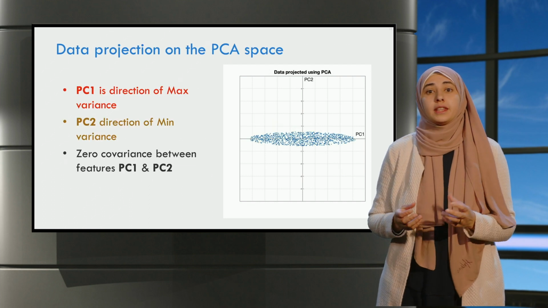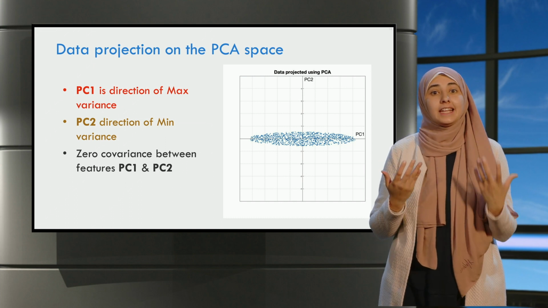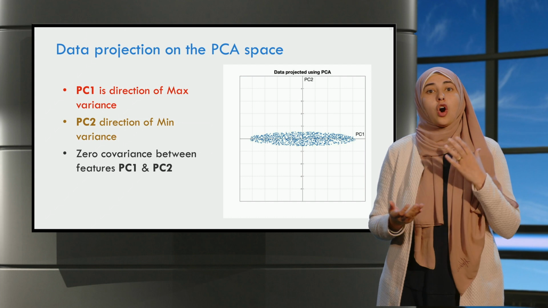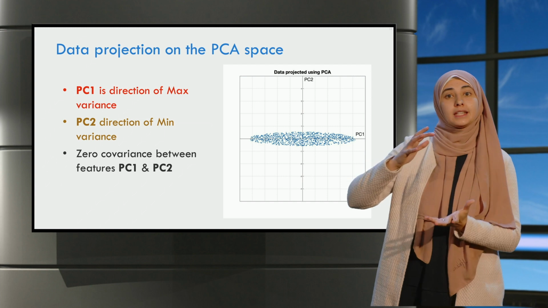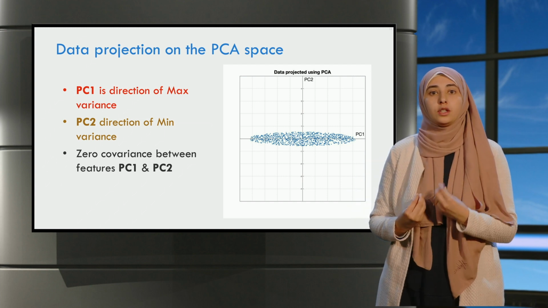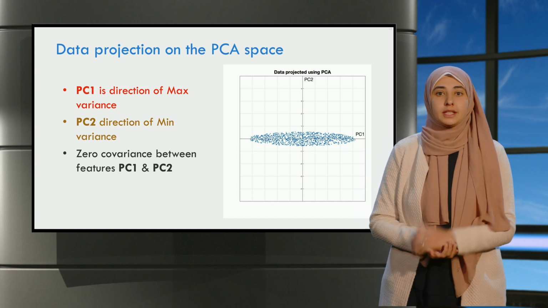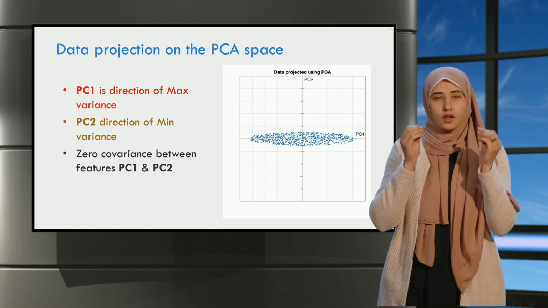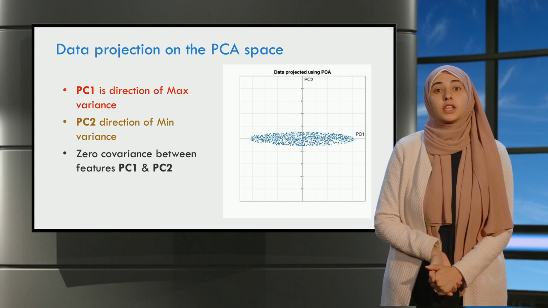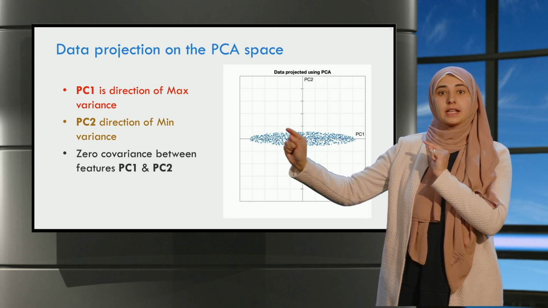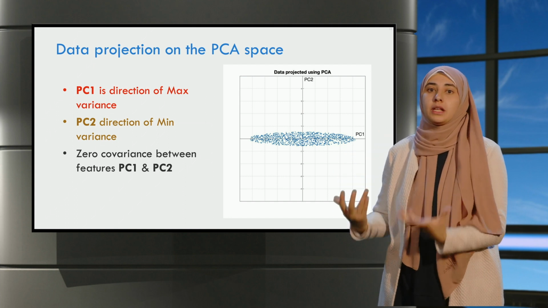If we now plot the data points after projection on the PCA space, we can see clearly that the data is still of the same shape and structure. All data points are just rotated such that the principal components are now the new features of the data. And that is what PCA is seeking in the description step. It finds a better perspective to look at the data while keeping the structure as is. Using this representation, the maximum variance is along the horizontal direction, and the orthogonal direction of PC2 now has the minimum variance of the data.